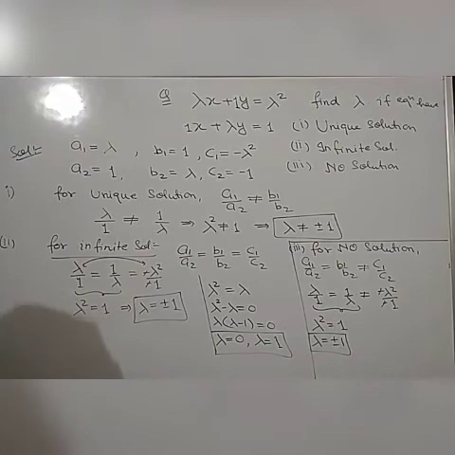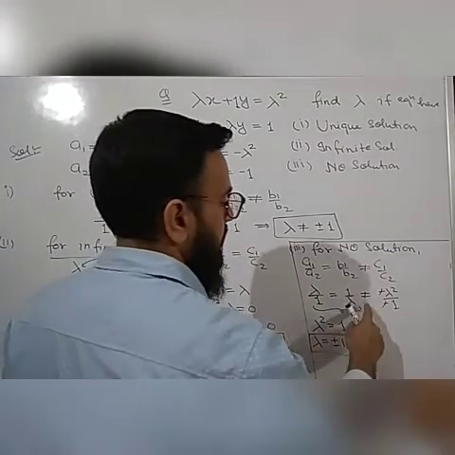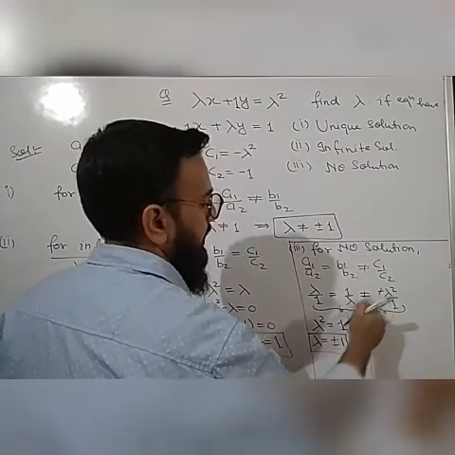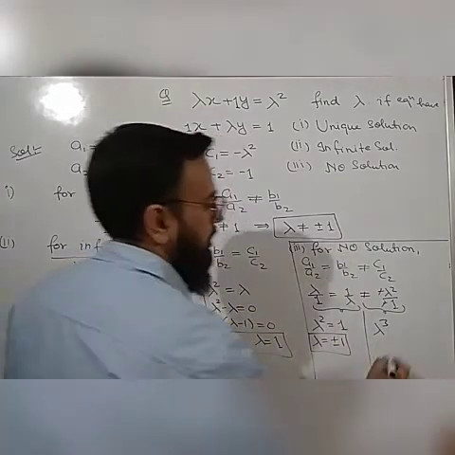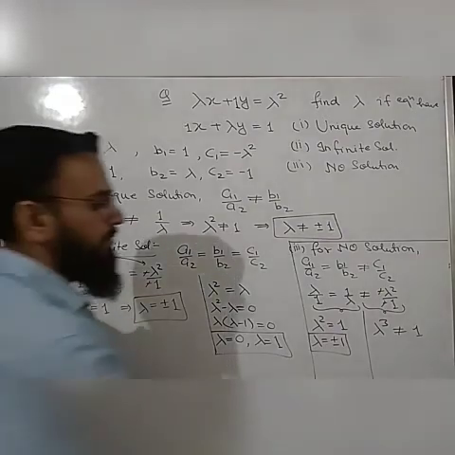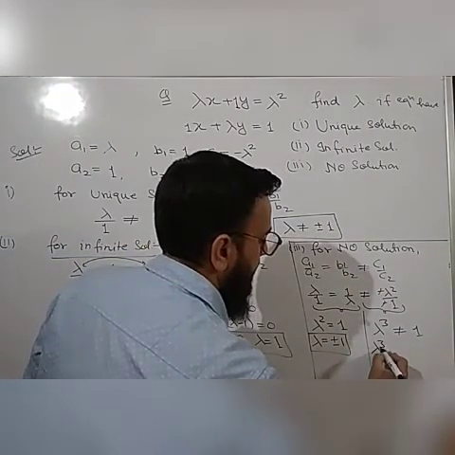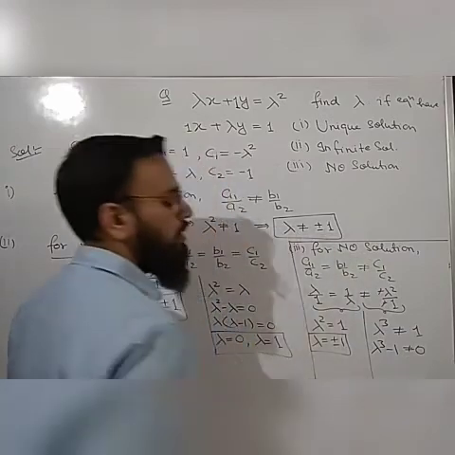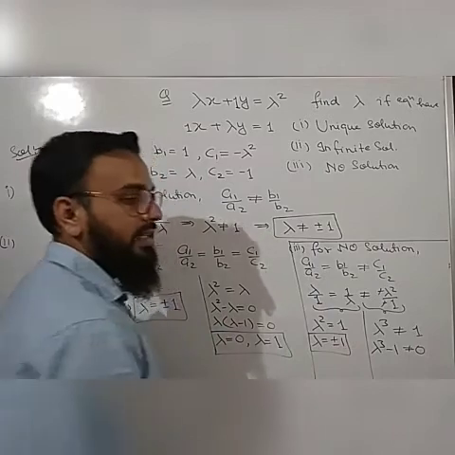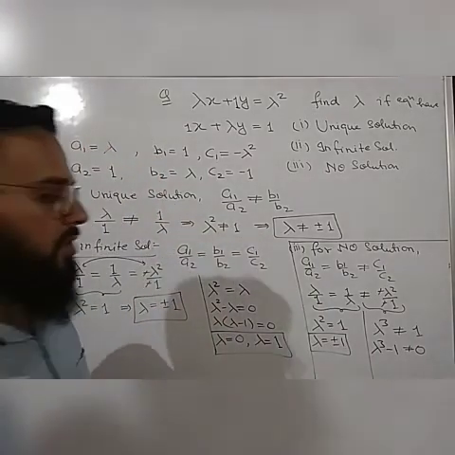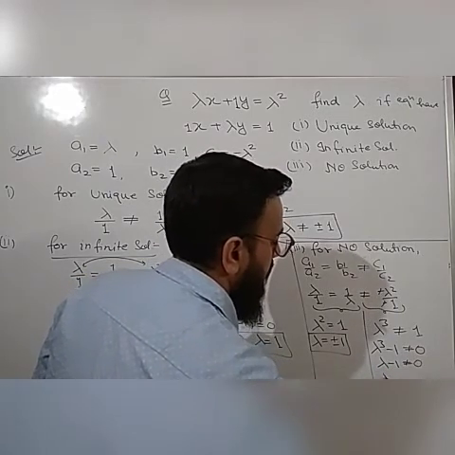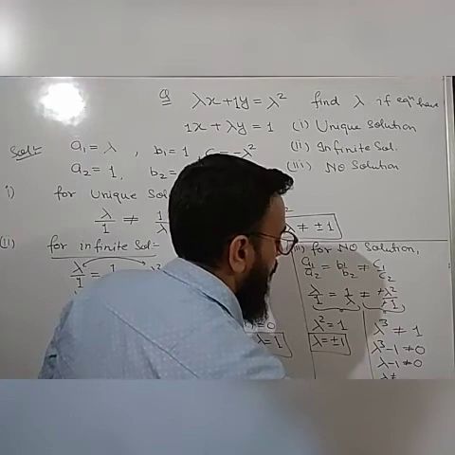Okay. And if we solve the second and third term, then what will we get? Lambda into lambda square will be lambda cube, should not equal 1. And if we take 1 to this side, it will be lambda cube minus 1 should not equal 0. And from this condition, if we apply the formula of a cube minus b cube, that is a minus b into a square plus ab plus b square, from solving that we will get lambda minus 1 should not equal 0, or lambda should not equal 1.